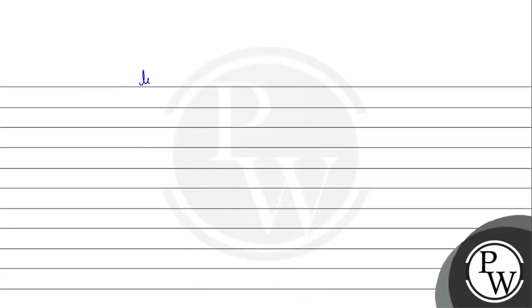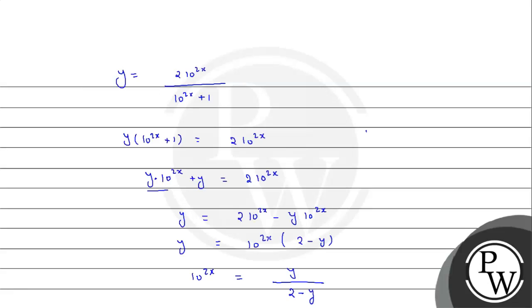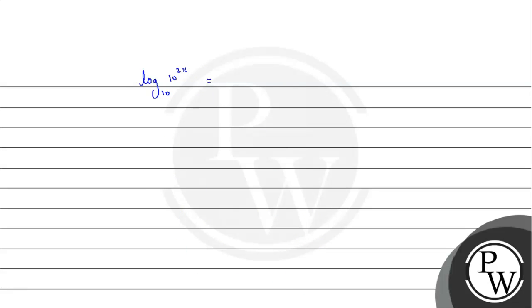अब हम दोनों तरफ log लेते हैं at base 10, तो log of 10^(2x) at base 10 equals to log of y upon 2 minus y at base 10, तो यहाँ पर log of 10^(2x) at base 10 ये हो जाएगा, हमने key concept में लिखा था, 2x के equal to log of y upon 2 minus y at base 10। तो यहाँ से x equals to क्या हो जाएगा 1/2 log of y upon 2 minus y at base 10।